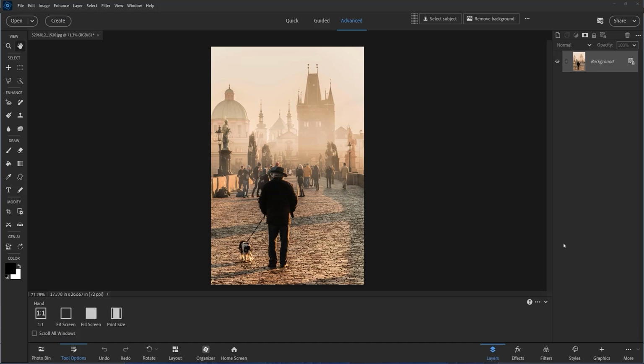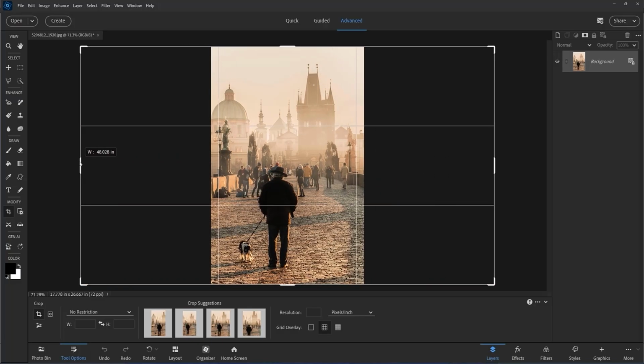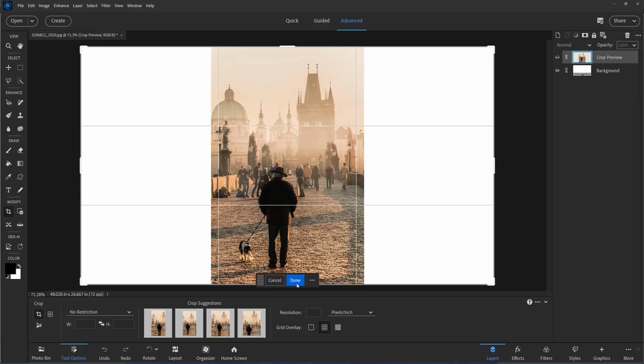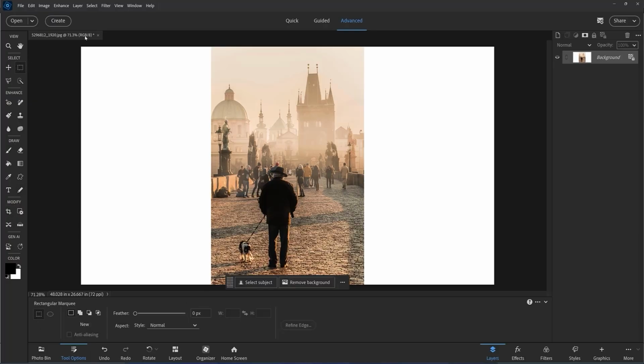So I can use the new crop tool to do this, and what I can do is drag one of the side handles to make this into a panorama type of image. And if I hold down the Alt key, that's the Option key on Mac, and just drag one of the handles, it extends it equally on both sides. I'm going to click Done, and then I'm going to use the selection tool, the rectangular marquee, and I'm going